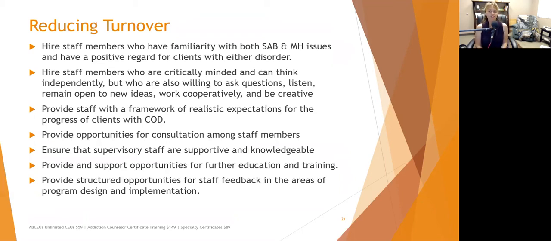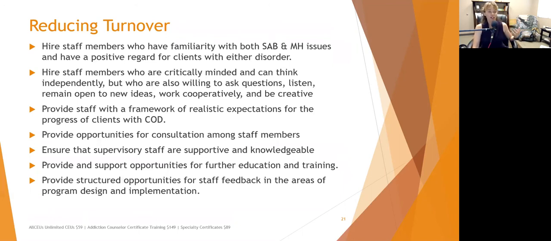Ensure supervisory staff are supportive and knowledgeable. Supervisors, I've been one for many, many years. You don't know everything, and it's okay to say, I don't know, I can find out. If clinicians ask you about something and you're not familiar with it, you can say, I don't know, but see if you can find a conference or a training on it, and I'll send you to it. There are a variety of ways to accomplish that, but we do need to be supportive of people, clinicians,